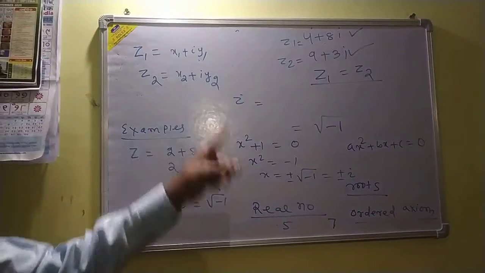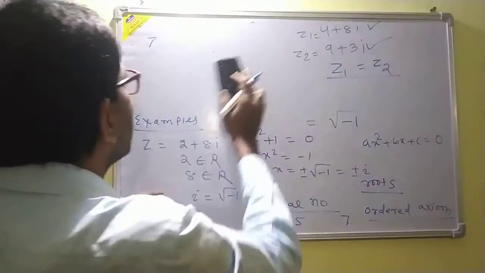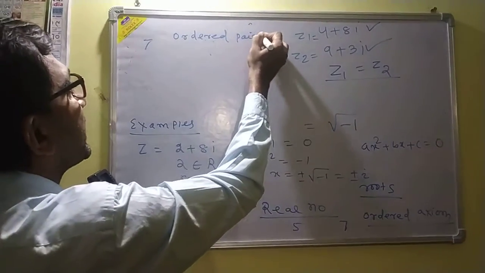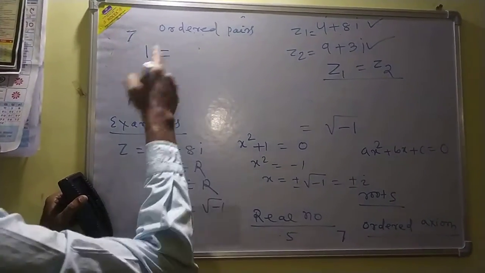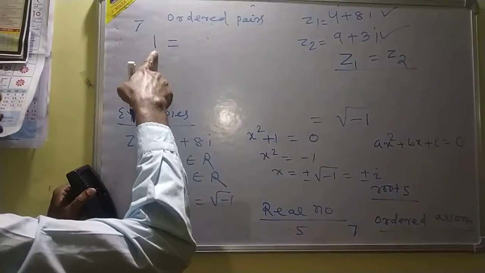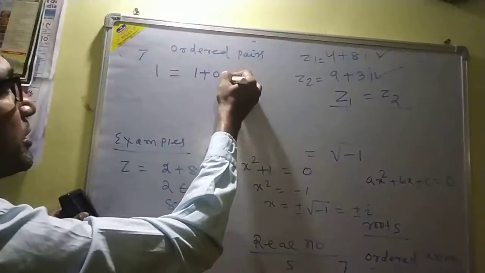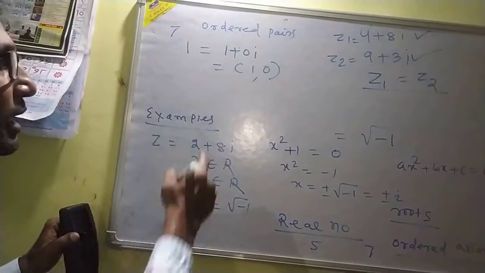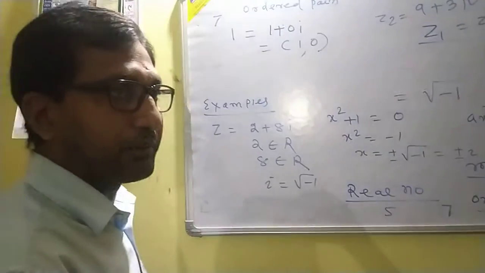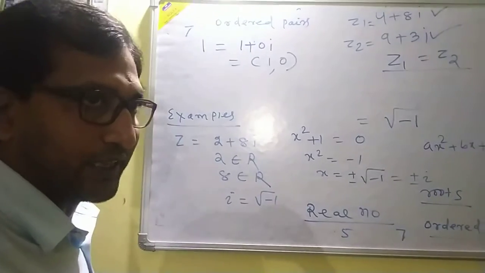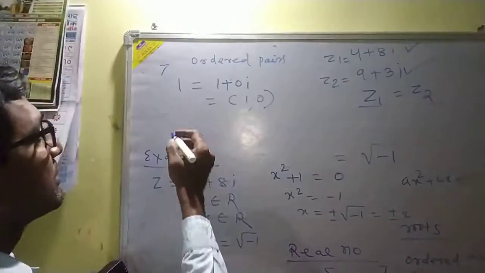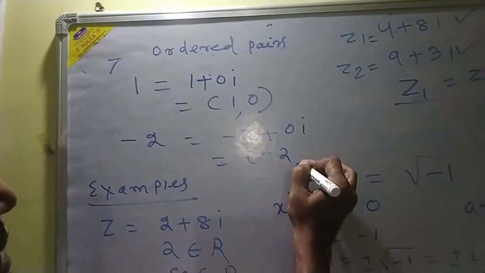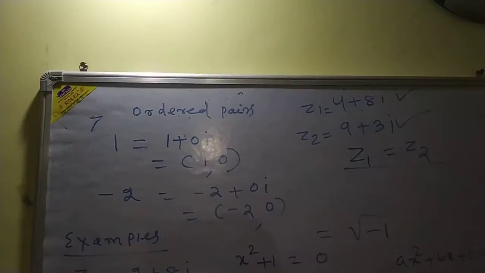So in complex number, we can represent in order pairs. 1, a real number, is a complex number. 1 is a real number, it is a complex number. 1 plus 0i. So it is an order pair, (1, 0). This is called an order pair. How is the order pair coming? It is in the Argand plane, Argand diagram, 2-dimensional geometry. We can notify in geometry. -2 plus 0i, the representation like this, (-2, 0).